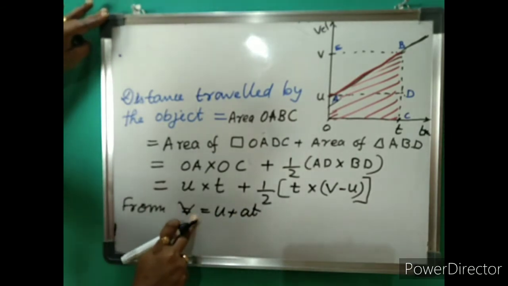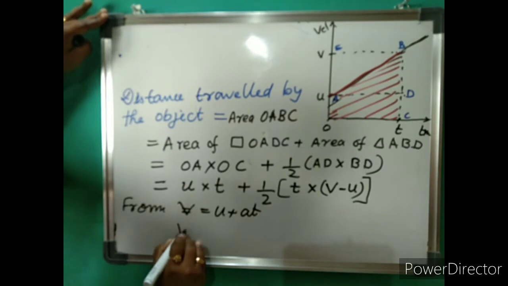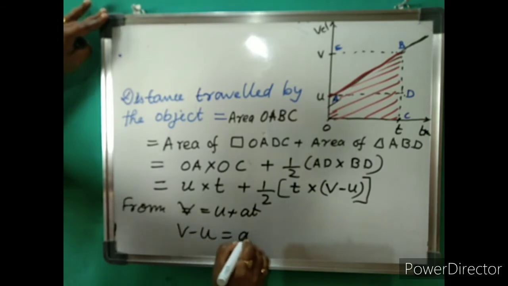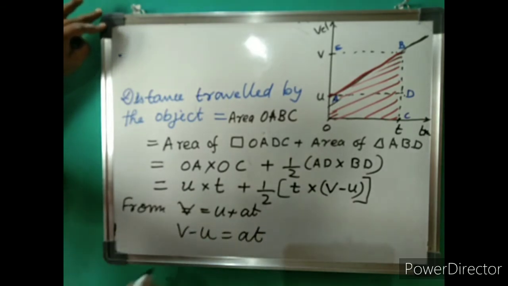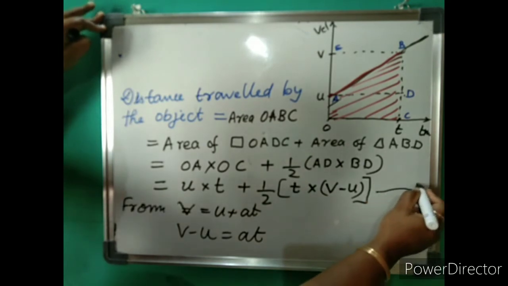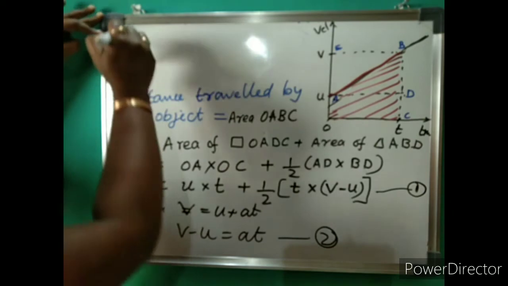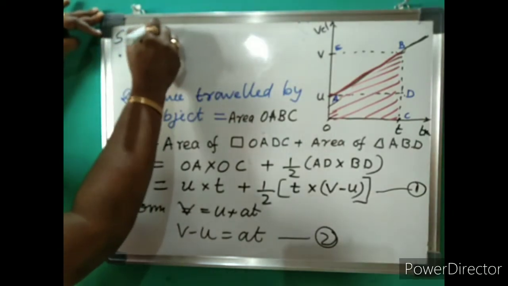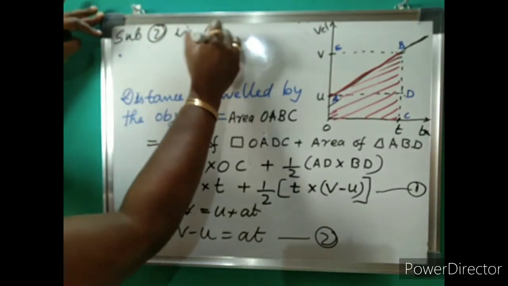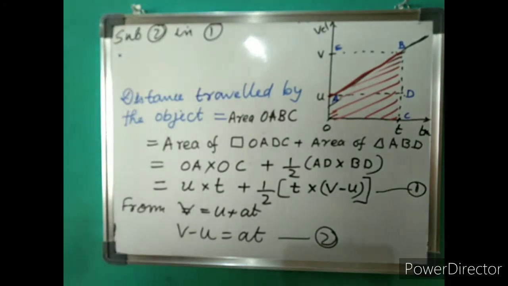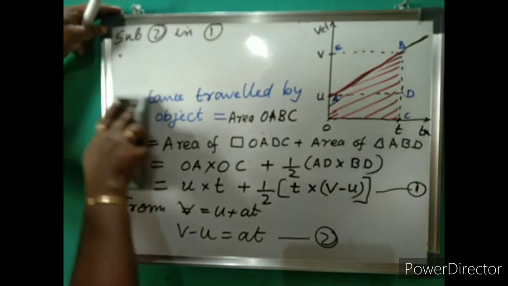From here, v minus u is equal to at. Calling the earlier equation 1 and this one equation 2, substitute equation 2 in equation 1. Then equation 1 becomes,